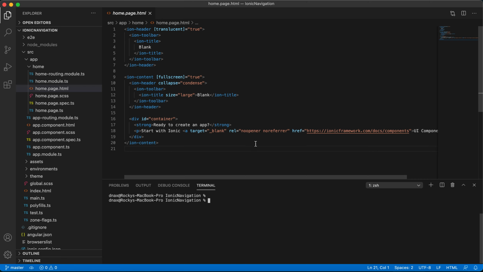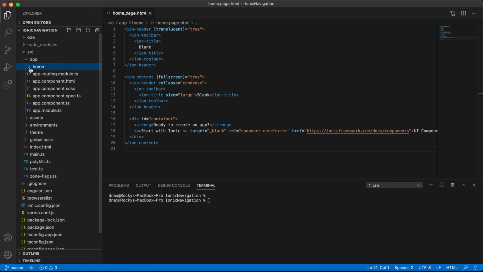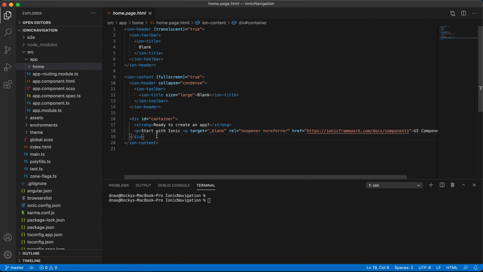As of now, if you can see, we have the home page only. So before going to that page, we need to add one more page, because to give the link we need to have a page. For that, we need to create a page. To generate a page, we just need to go to the terminal and mention sudo ionic g page, and g is nothing but generate, and page, what page you want, like about, enter.